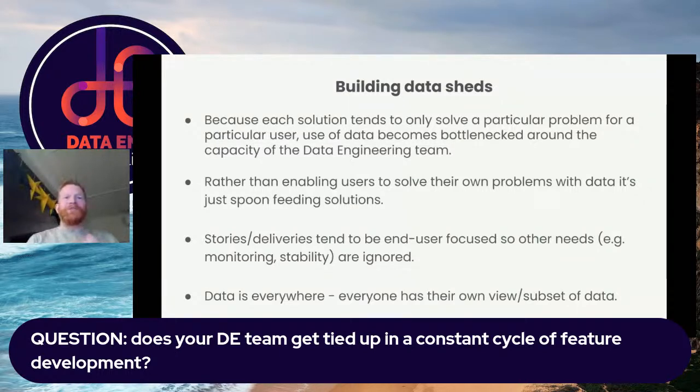So, does your data engineering team get tied up in a constant cycle of feature development? Yes, this often happens. A previous company I had were really based around the lean agile methodology, which worked well for product development, but it meant on the data engineering side, on the reporting side, we were tied into this 3-month feature. And so as the company grew and the amount of data grew, we were never given the time to actually sit down and be like, okay, how can we cope with this huge amount of data? How can we make it better? It was always just adding features on top of other features and building this really shaky structure.